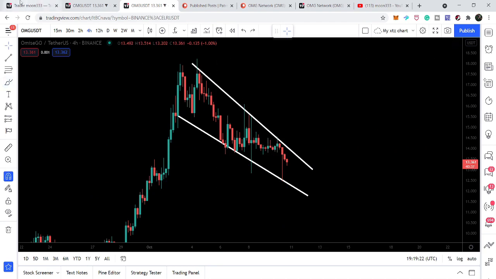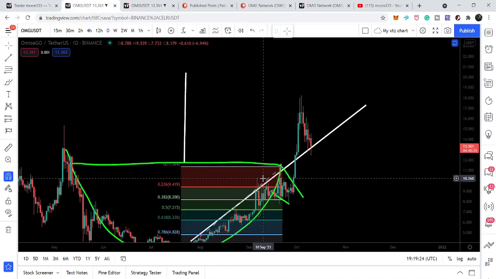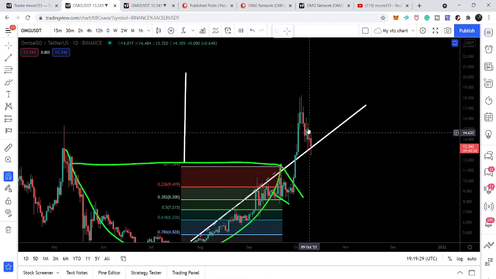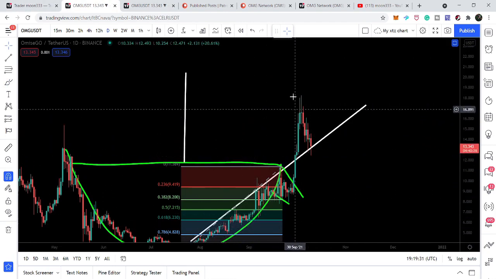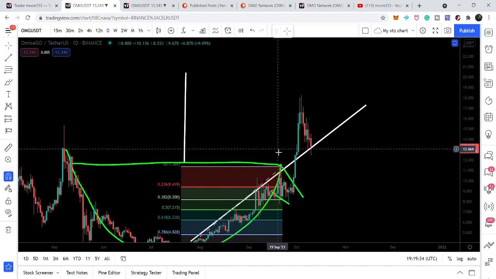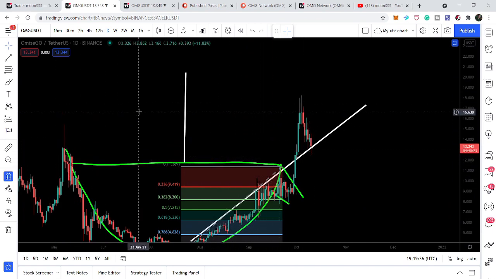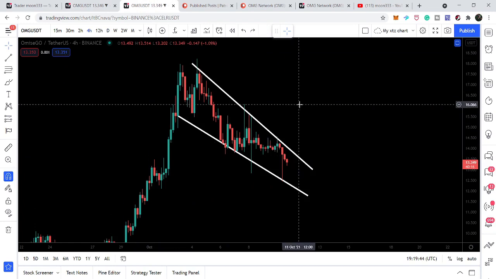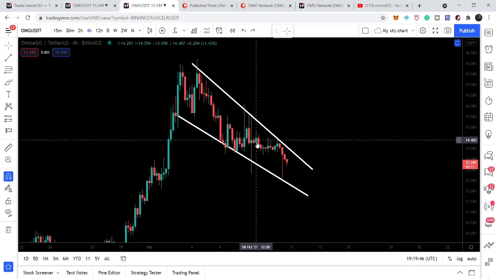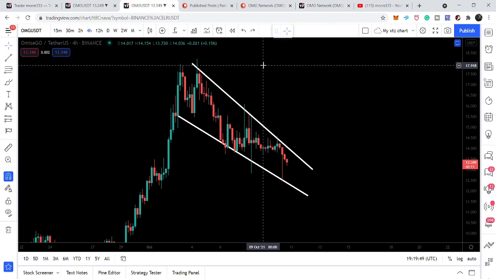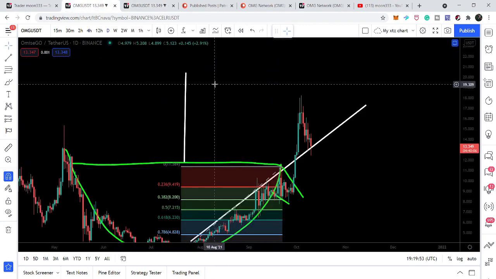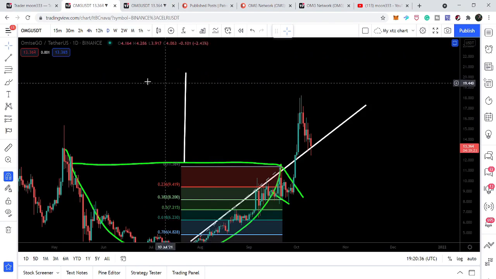And at the same time, we also have the formation of the cup and handle, and the price line has already broken out this resistance of the cup, retesting this very strong trend line support, and also retesting the previous resistance of the cup as well. So right now there is a very strong probability that the price line will have a reversal. And now if we want the target of this falling wedge, in case of breakout, the price line can reach here approximately at $18. But our target as per this cup and handle is still $21 approximately.